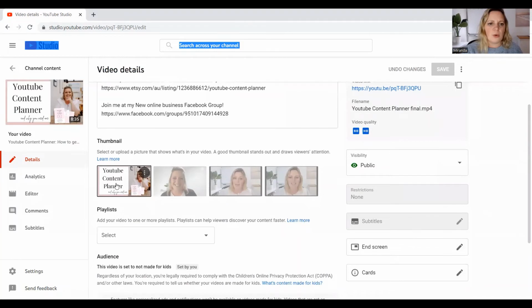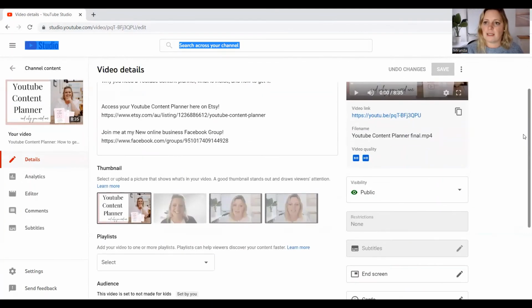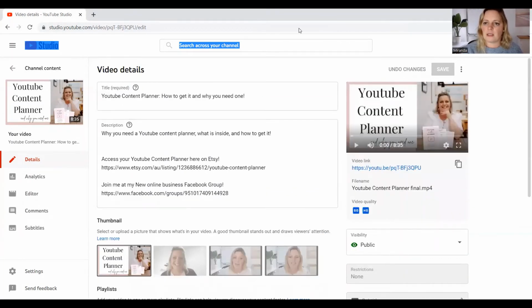So that's quite easy. But what you want to be doing is down here, you can see the thumbnail area. It'll have add thumbnail just there, and you literally click it and it'll take you to a browser to upload your thumbnail. That is it. You need to make sure that you click save at the top. I'm not sure if you can see that just this moment. There we go. You need to click save at the top so that it's saved, because I've done it before and then gone, what's happened to my thumbnail? You know, six minutes later. So there you go. That's how you create a thumbnail, how you download one, and how you actually add one